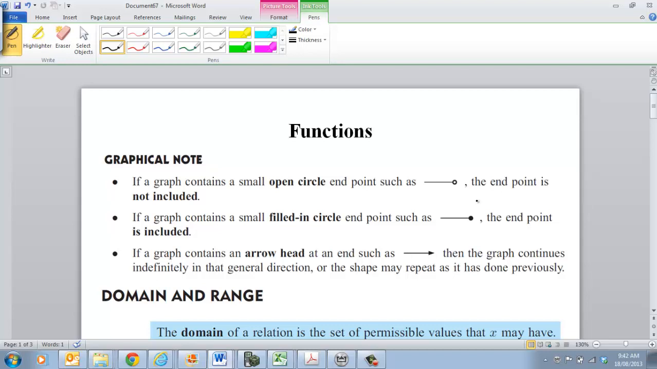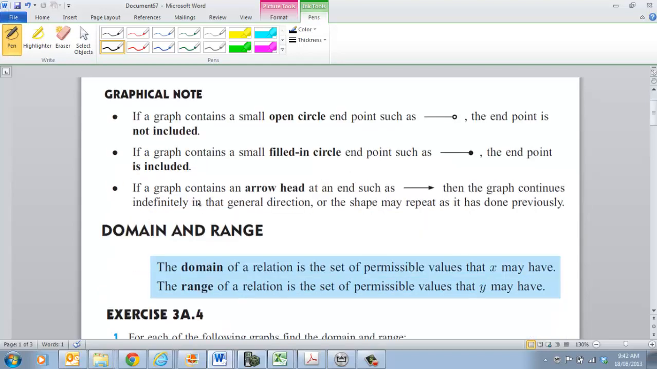Now there are two terms that you need to know. Again, we talk about in maths the domain of a function and the range of a function. The domain is related to the set of possible values in the x direction, and the range is the set of values in the y direction. So there are two terms that we will use when we start describing the domain and range